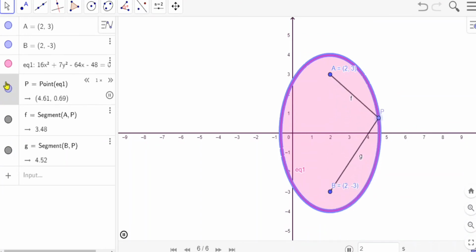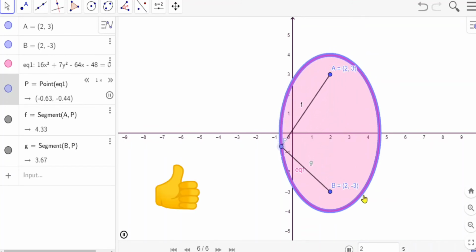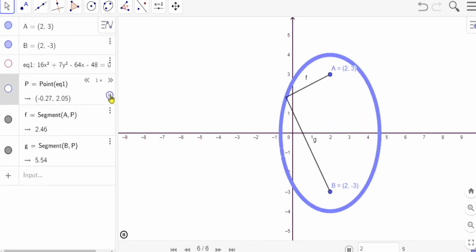What we have done here actually: a point A we have taken and B is another point we have taken. Next, for the verification purpose, on the ellipse curve that we got as our answer, we have taken a point P, because then only it will satisfy the condition PA plus PB is equal to 8 when P is moving. Then you are getting an ellipse. That ellipse and our result are also the same, so the verification is also clear.